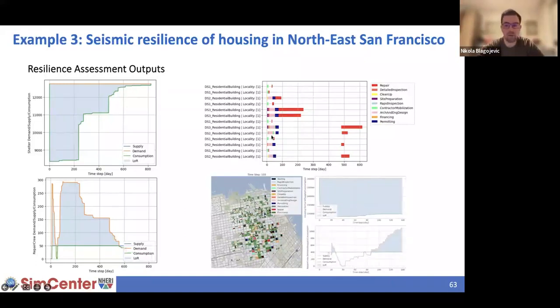Here it's slightly more interesting because we have more recovery activities, and they're all conditioned on resource availability. So, for example, this building here went through all the recovery activities quite quickly. And then around, let's say, the 80th time step, or 80 days after the disaster, this building got its permit, but it was waiting for workers until almost 500 days after the event. Because as you can see, there is a big unmet demand for workers.